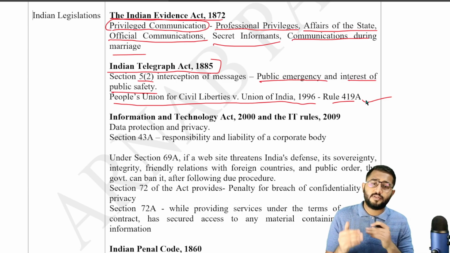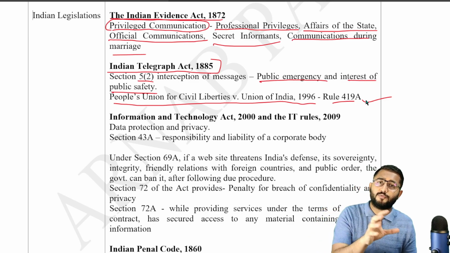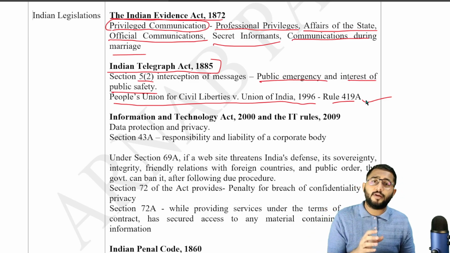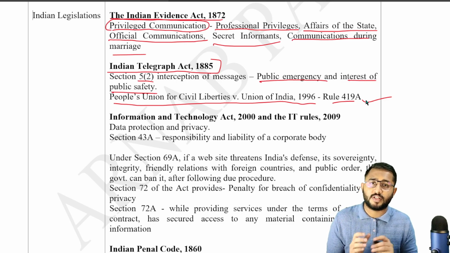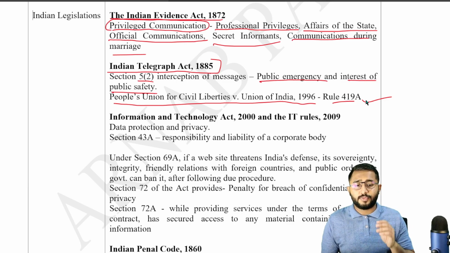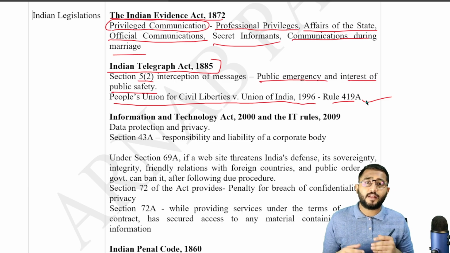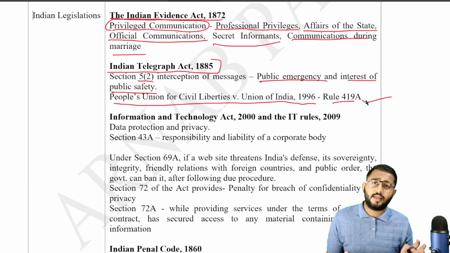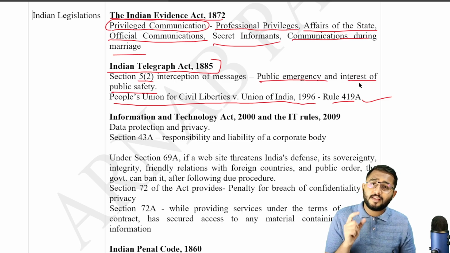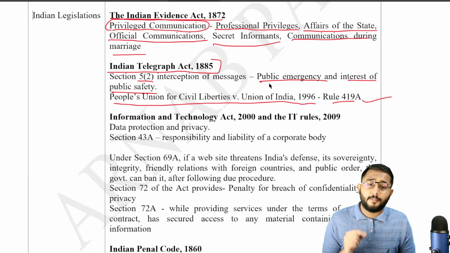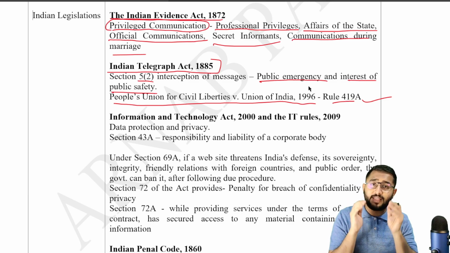Second prevention that was added to this was that once this authority has been given for phone tapping, a review committee should receive in writing why this was done within 7 days of such an act, right? So that these two rules under the 419A make sure that phone tapping cannot be done incessantly. It cannot be done all the time, and it cannot be done without any rhyme or reason. And then the court also propounded on public emergency and interest of public safety by saying that this has to be one of the key reasons.